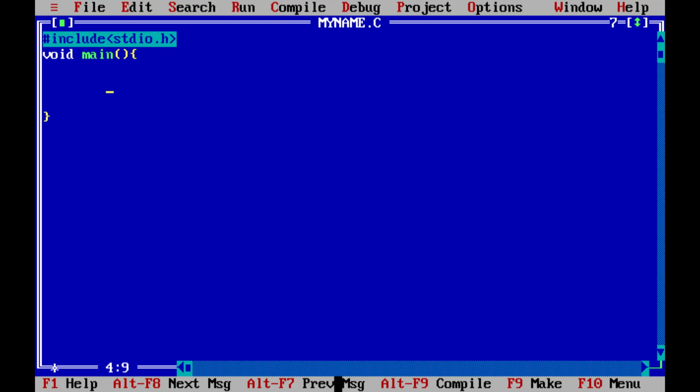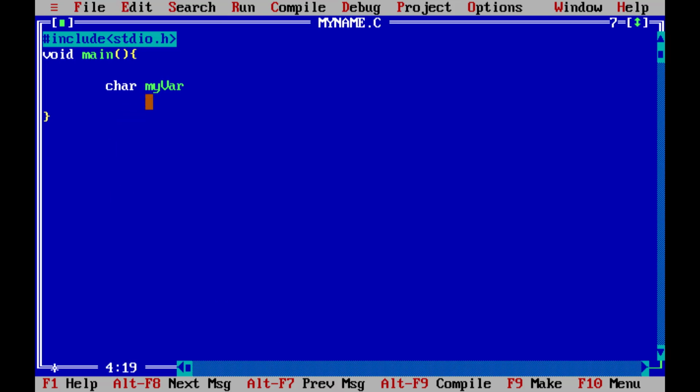For creating variables, we have to give a data type first. So we are going to use character, char, and after the data type, we have to assign a name for our variable. It's not your name, it's a name for your variable. So myvar is my variable name. C language is case sensitive, so if you are writing V in capital, you have to keep that in mind, because C will treat this value and this value differently.